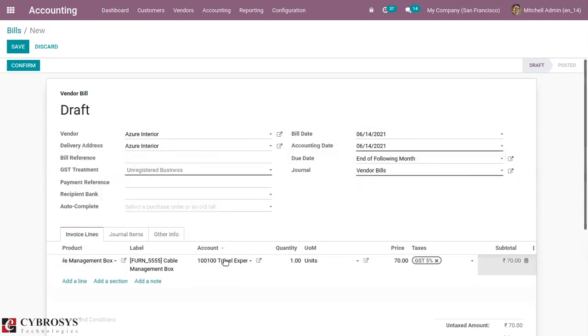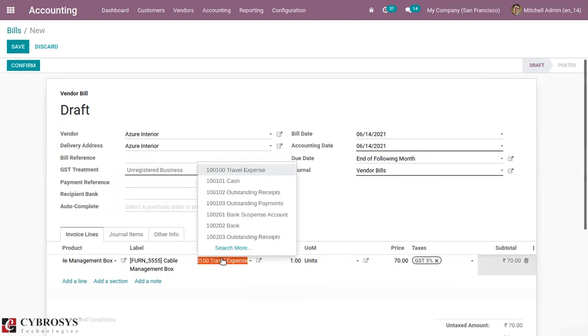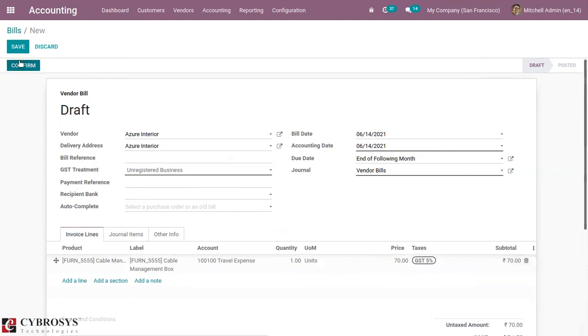So you can see the expense account is updated automatically. Here you can see travel expense, which I have set as the default expense account for this product, cable management box. And it's also possible to edit it from here. You can choose from existing accounts. Okay, now I can confirm the bill and make the payment.